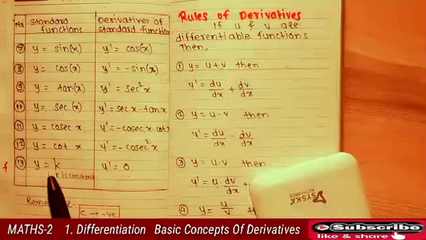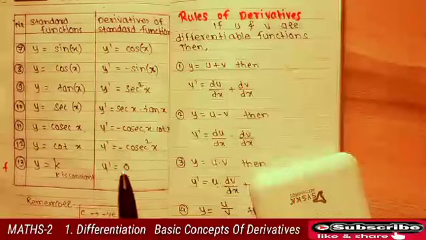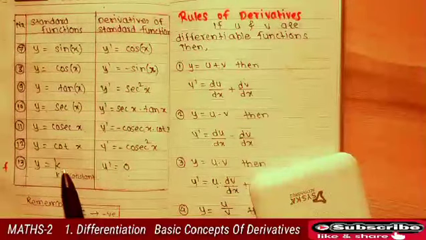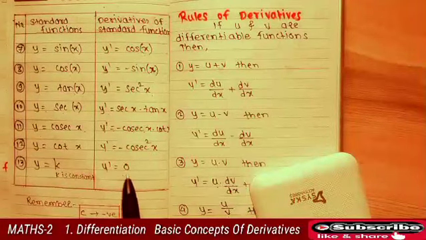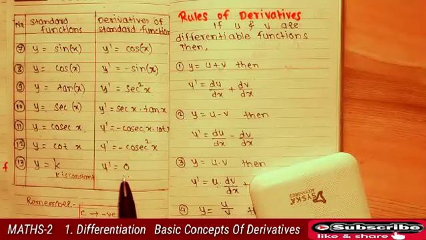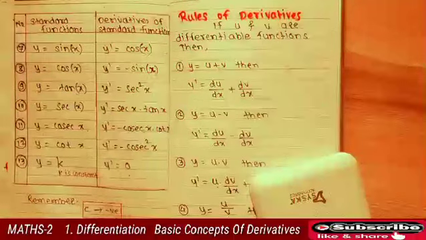That is, if y equals any constant, suppose k equals 3, suppose y equals 3, its derivative becomes 0. If y equals minus 100, then its derivative becomes 0. If k equals 1000, then its derivative becomes 0. Students, you must remember that c goes to negative. So what is the actual meaning of this bracket?